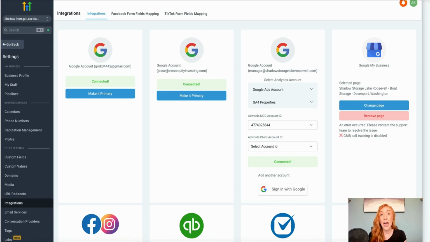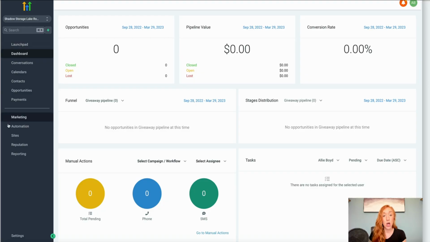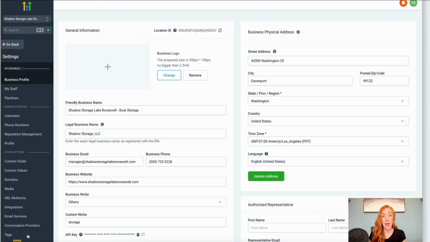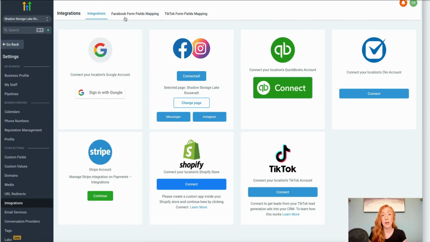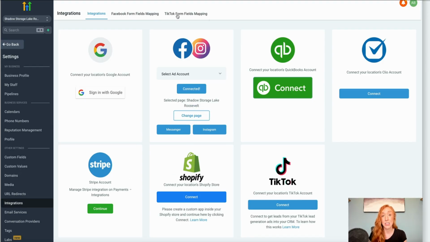We are going to cover how to map your Facebook lead form or your TikTok lead form in your account. The first thing we're going to do is make sure that we are on our settings at the bottom left. We're then going to navigate to integrations and we will see our Facebook form fields mapping and TikTok form fields